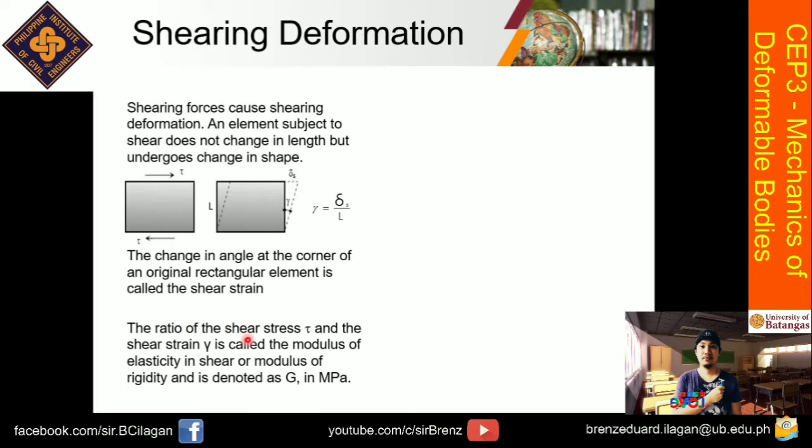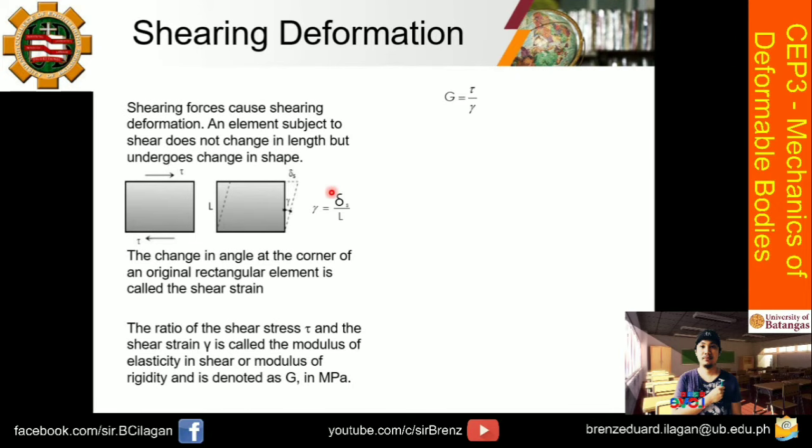So the ratio of the shear stress and the shear strain gamma is called the modulus of elasticity in shear. So meron pala tayong tinatawag pa na isang modulus of elasticity in shear, or modulus of rigidity, and is denoted by the symbol G. So itong G to, makikita kayo niyan later on sa susunod na topic, yung ating theta. So ang theta mo will have a formula of TL all over JG. So sa rotation naman siya, or yung twisting action. So sa akin yung naproblemahin, ito muna tayo. So, pinaliwanag ko lang,